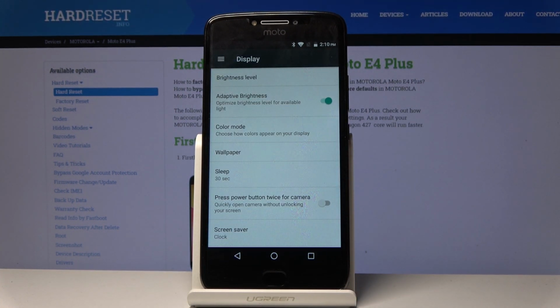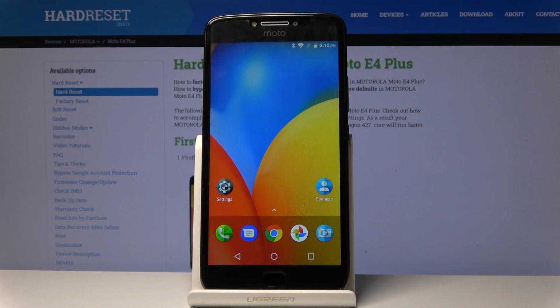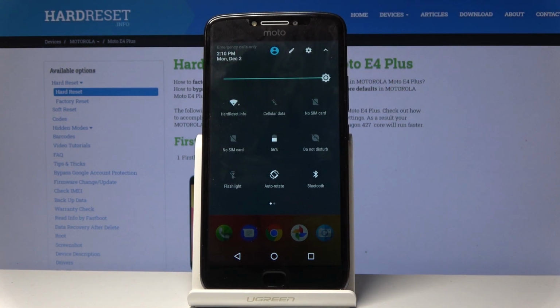Now, next thing I'm gonna show is, I guess, something that is a little bit less intuitive, which is the airplane mode. Now, normally it doesn't do anything particularly special, but basically when you enable it, it disconnects from everything that you're connected to. So Wi-Fi, network, your cellular connection,